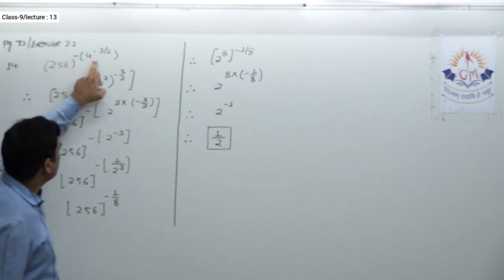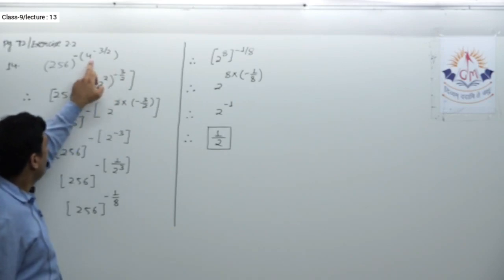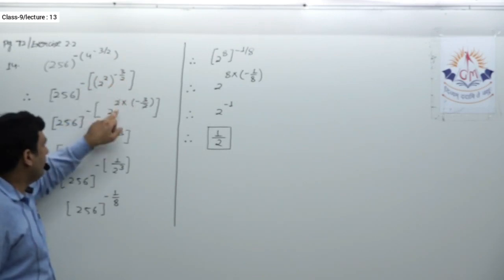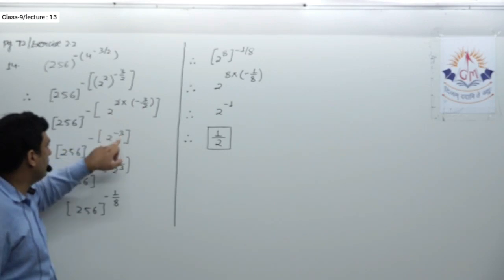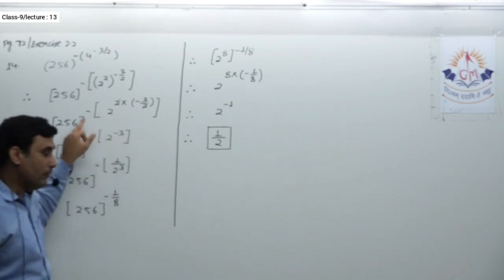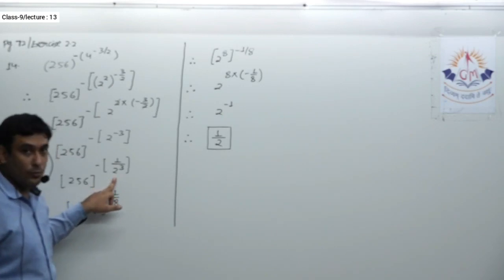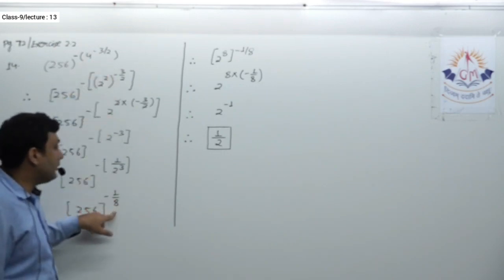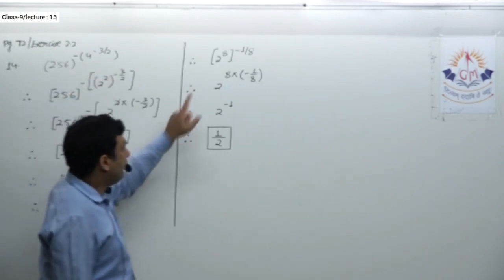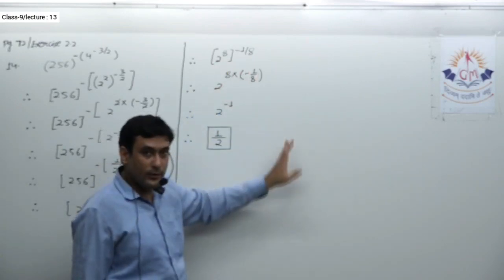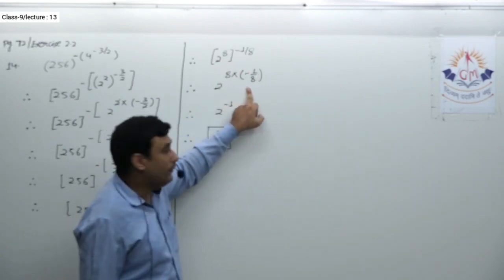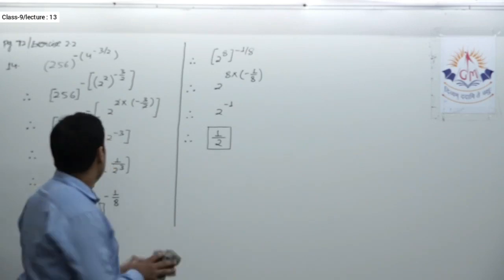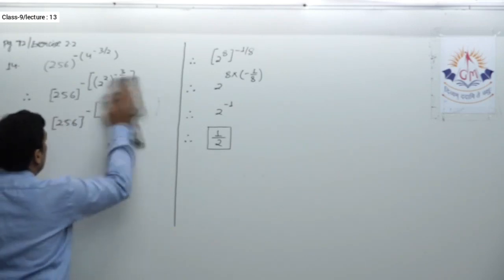See, there was a minus. So first I simplified this 4 raised to minus 3 by 2. So 4 I wrote as 2 raised to 2, minus 3 by 2 as it is. Then over here I applied the power law. So I multiply this, 2 and 2 cancel. So 2 raised to minus 3. Now as the power was negative, to make it positive I wrote 1 upon 2 cube. So ultimately I got 4 raised to minus 3 by 2 as 1 upon 8. Now I wrote 256 as 2 raised to 8, and I showed you how to get that. Then again I applied the power law, 8 and 8 cancel, 2 raised to minus 1, which is actually equal to 1 upon 2. So that was question number 14.